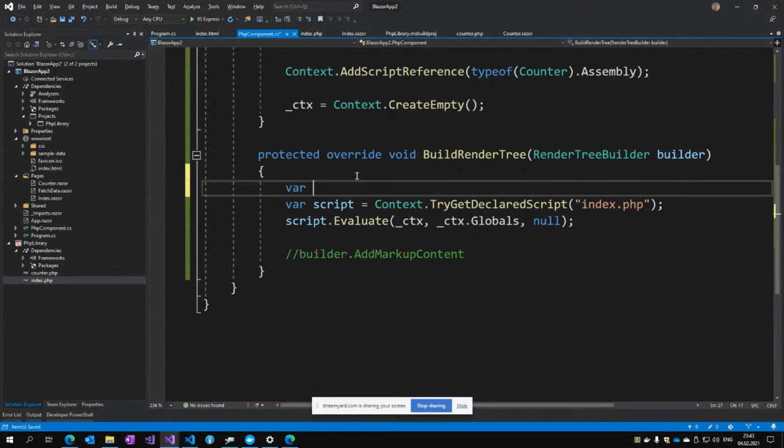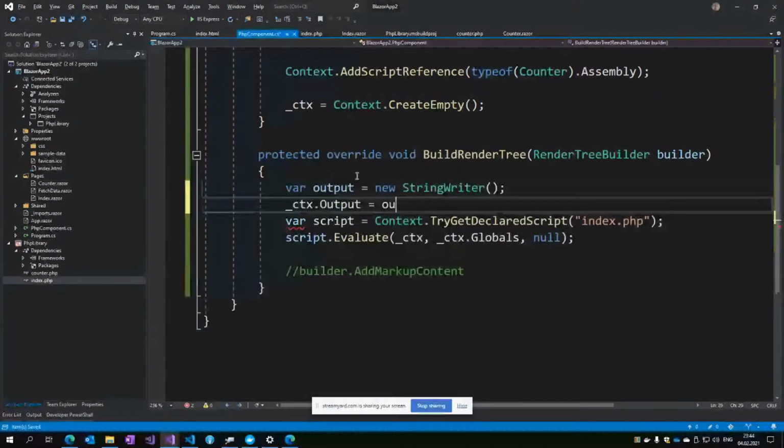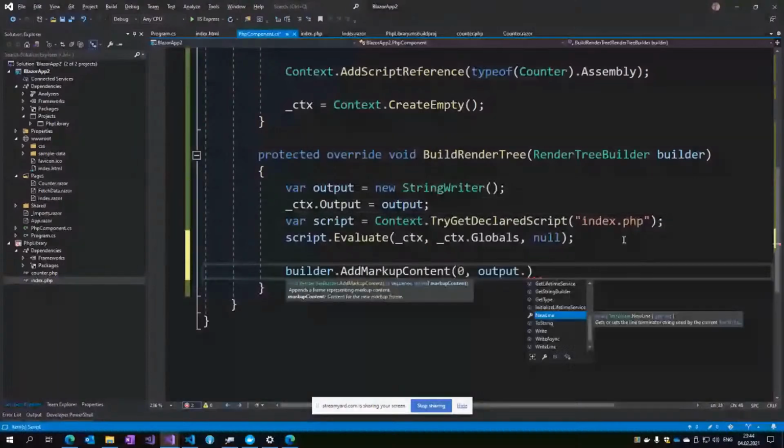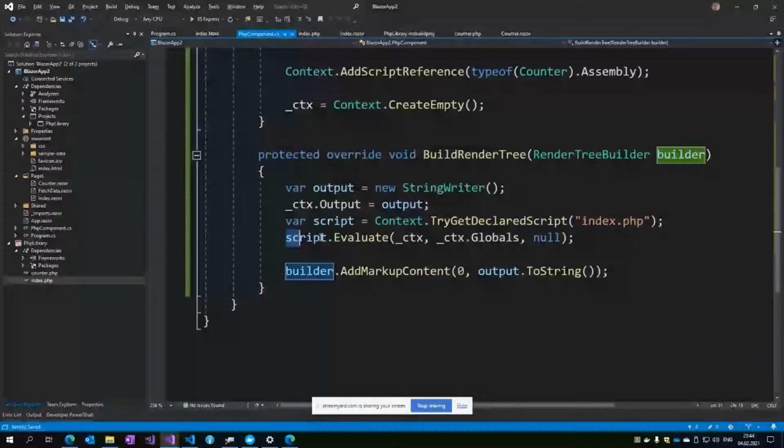Using System.IO, my context output can be this string writer. And once I'm finished, I will just tell the builder to add this. Do I have to do something? I think just do string. Okay, so I evaluate the index PHP, and whatever it outputs using the echo statements or print or whatever,